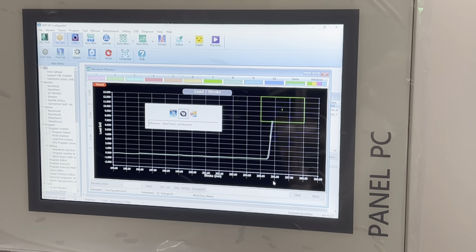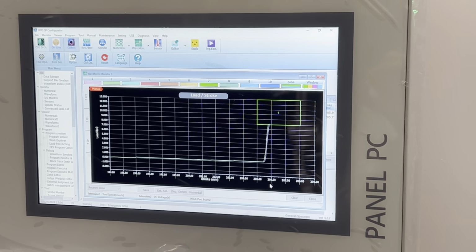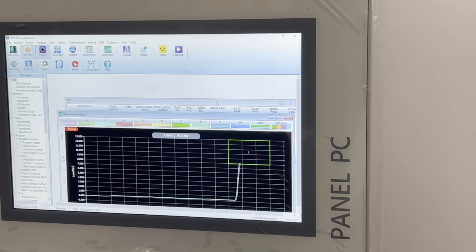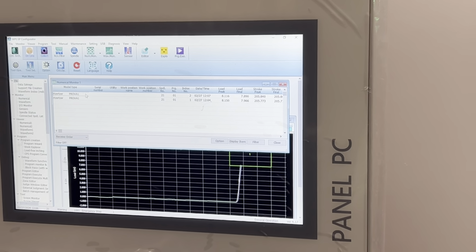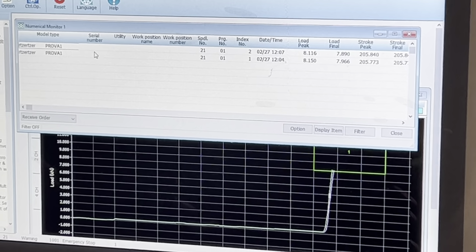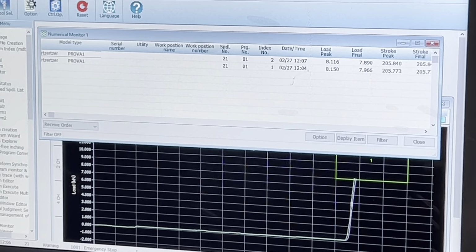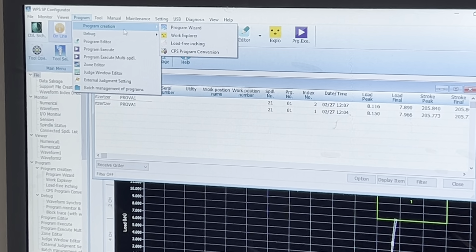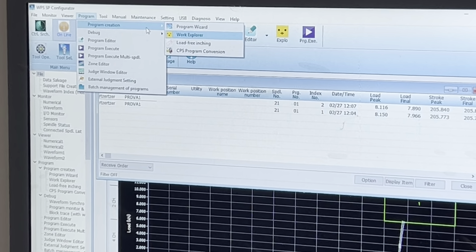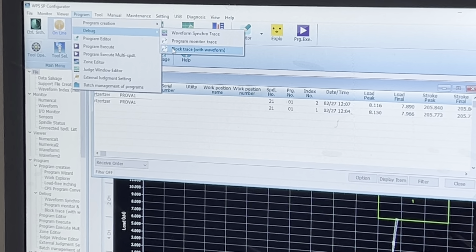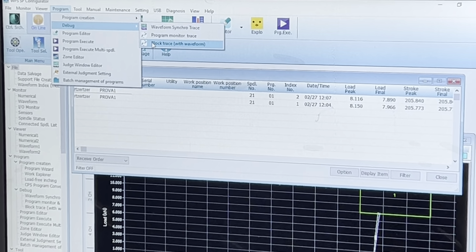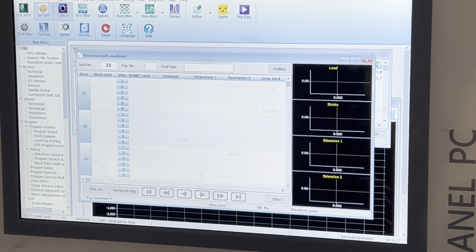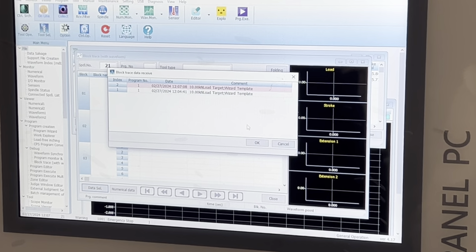We have also the numerical portion fully tracked here, again with batch and all the numbers. What we want to underline today is one of our main characteristics, that is the debug portion of the program, called program debug block trace with waveform. Block trace with waveform allows us to basically